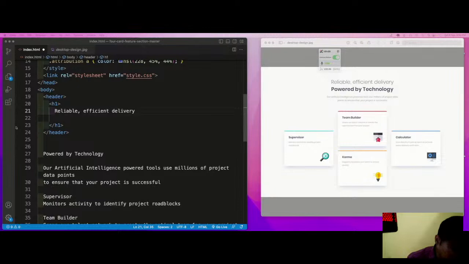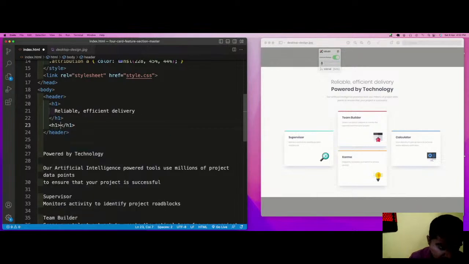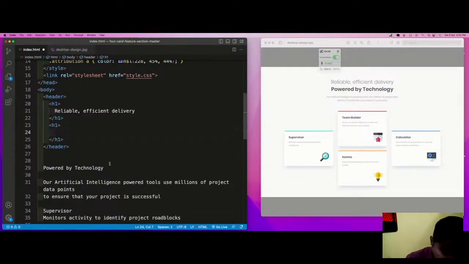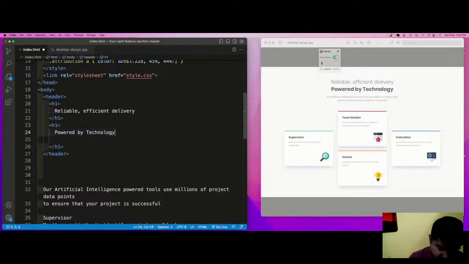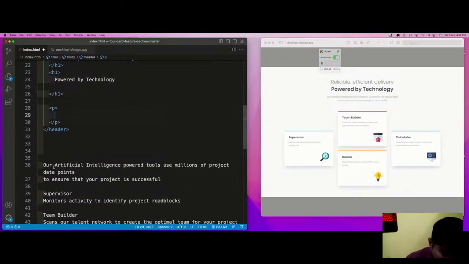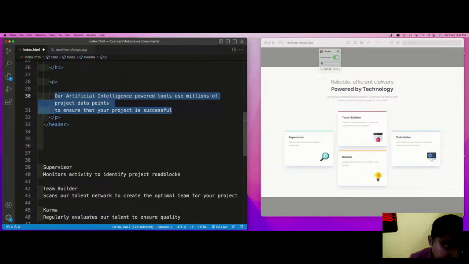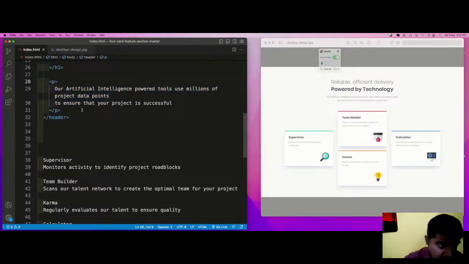After this h1, we again need to have an h1 which contains the second thing, which is powered by technology, because both are using the same. And after that, we again have a para which contains the entire thing here. So this is the top what we have created.